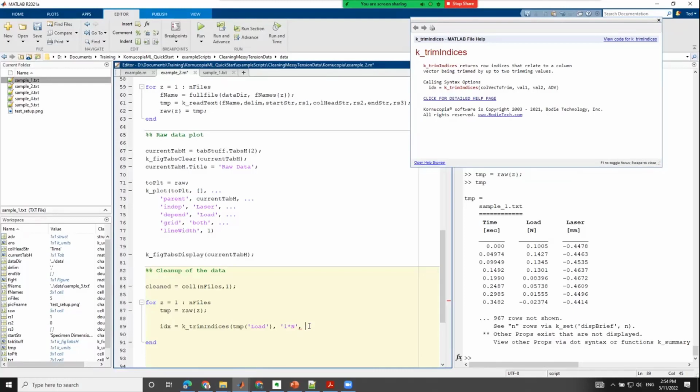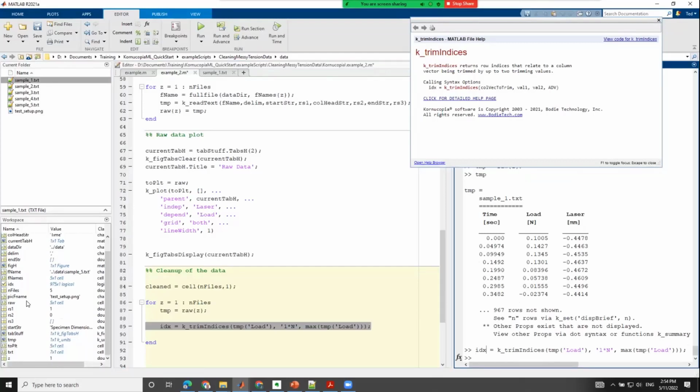Now, on the other end, I want to trim at the max of this data. So I just say max of the load vector. And that's it. If I evaluate that,